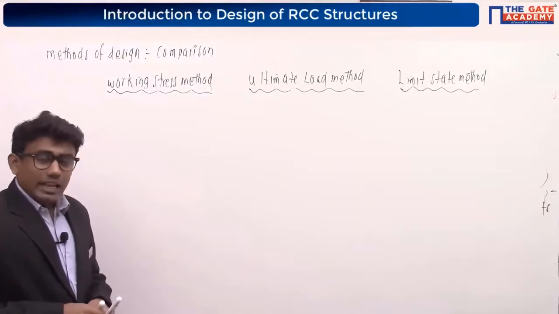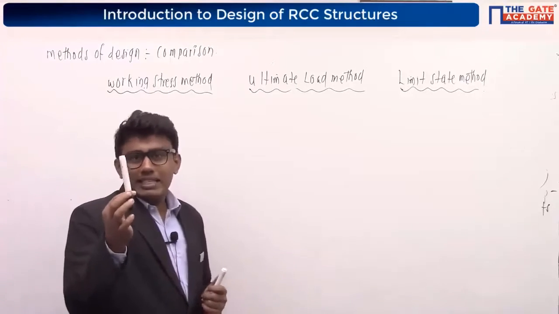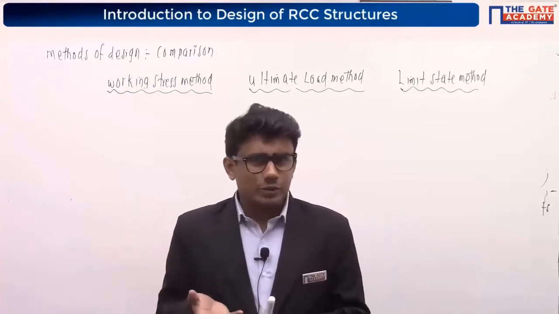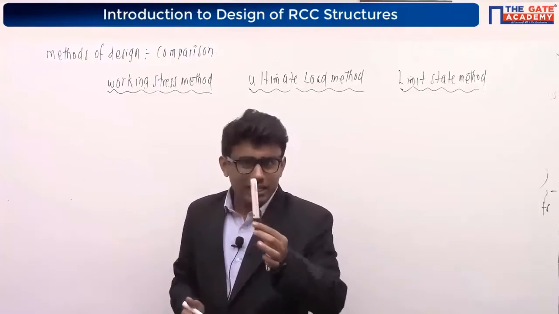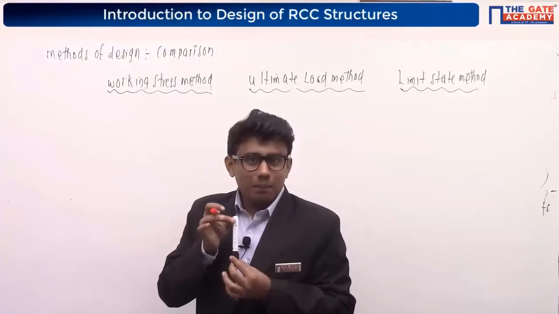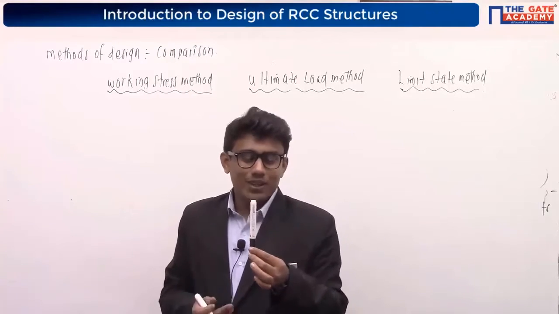I am trying to explain this in a simple manner, right? As I told you, I am going to consider one material here. I can choose any of these materials. For understanding purposes, we are explaining now. So for that purpose, I am going to consider this material. This is a marker actually, but imagine this as a mild steel bar. From now onwards, for some time, this is a mild steel bar.